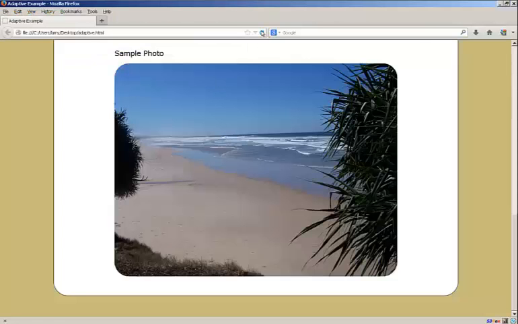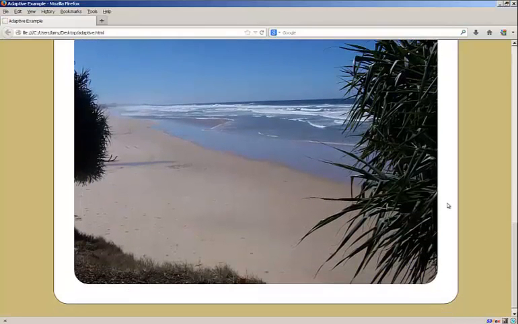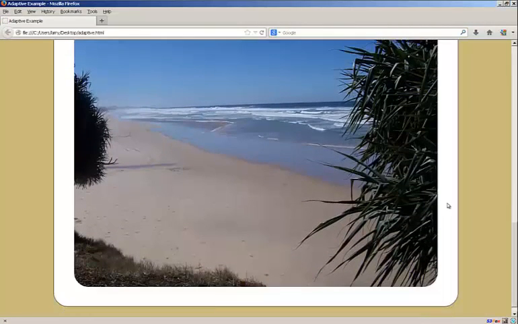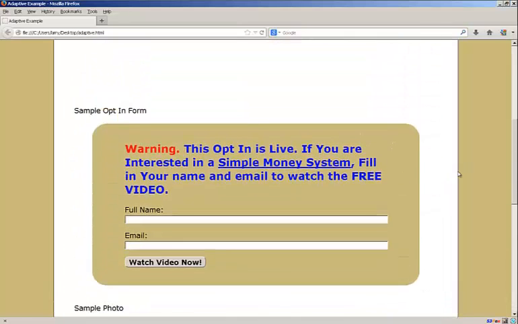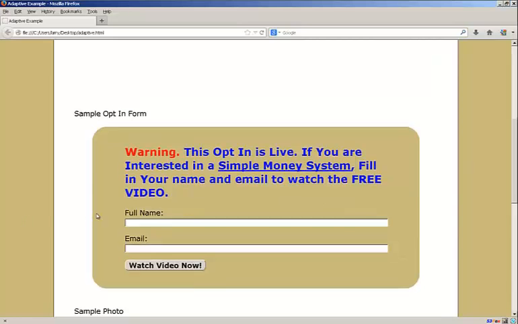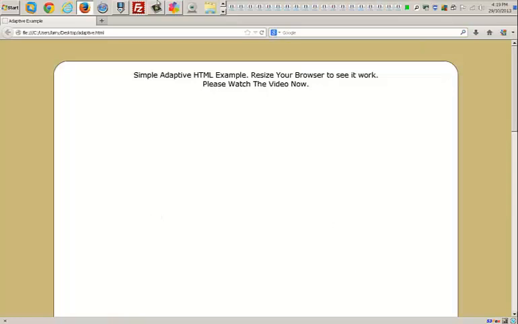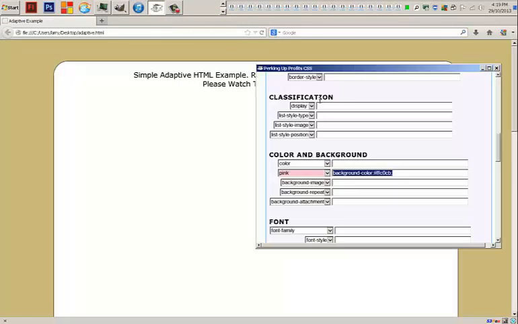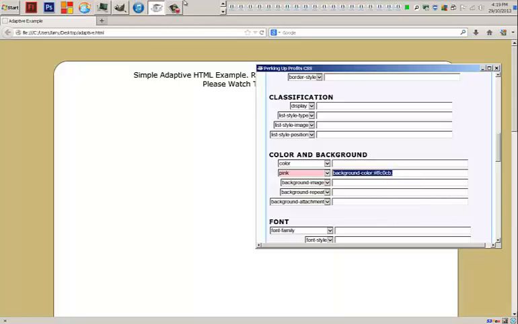We'll just refresh the page, and there it is there. Our photo's bigger, it still fits in the screen, and we've eliminated some of that space. We've made our opt-in box wider, and the video would be bigger too. Let's, just for fun, make the background of our video pink so you can see where it would go. So we copy that to the clipboard, come back to our